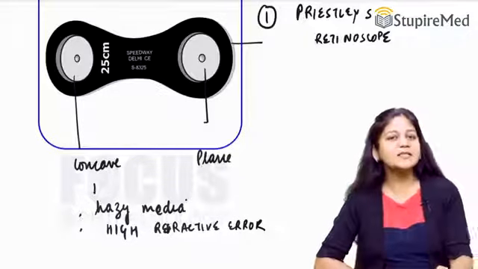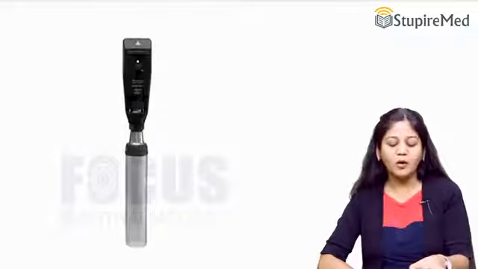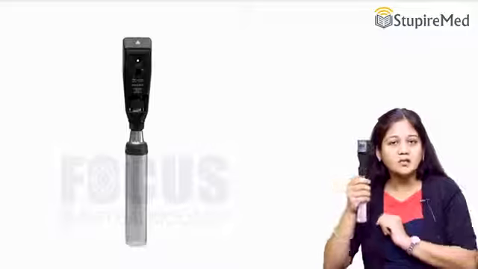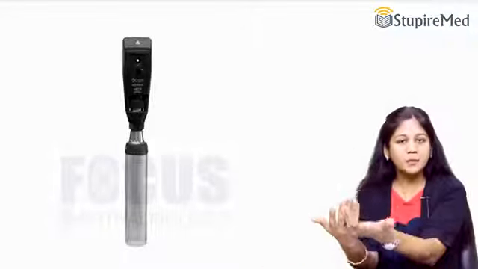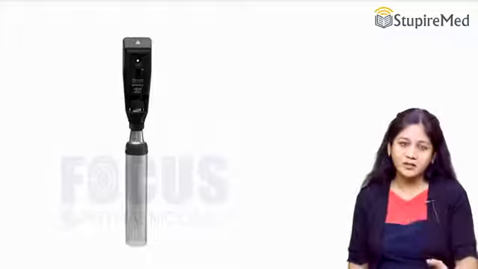Now guys, these instruments are almost obsolete because we have better instruments in the form of a streak retinoscope. So I have it here for you all. This one is a streak retinoscope. It is a handheld self-illuminating instrument which will project a streak of light, the source of illumination. This is going to be inside the patient's eye. Now the light rays from the retina will come to the observer's eye, and now we are going to assess the reflex in the patient's eye. So that's how it is being done here.